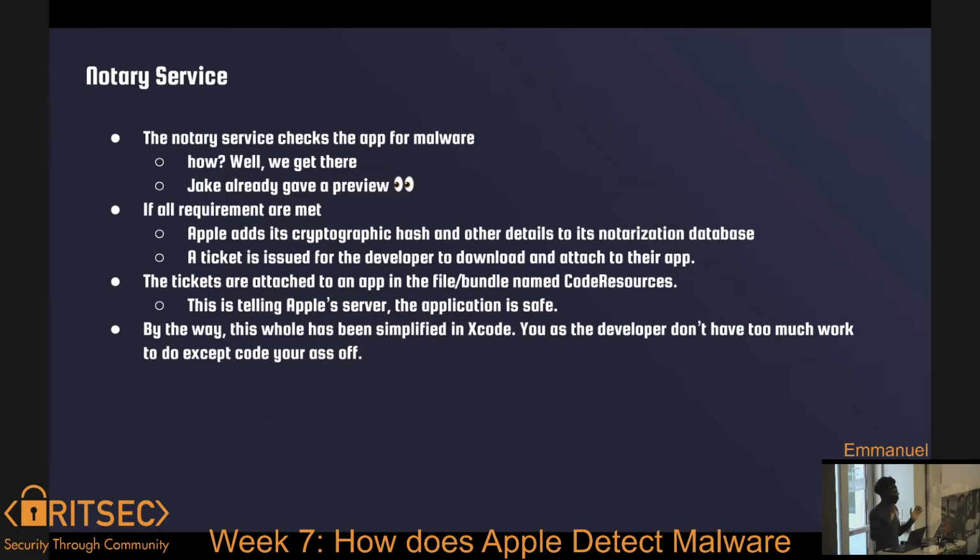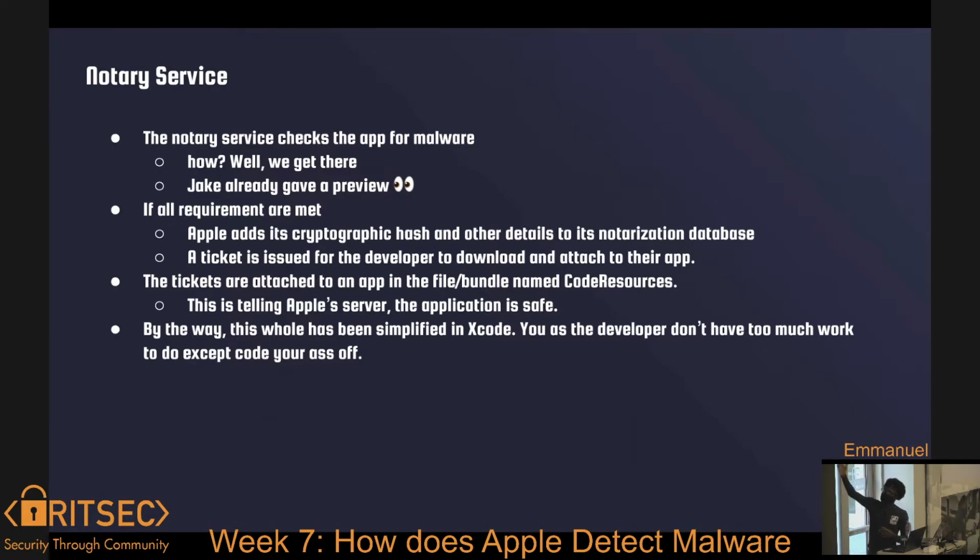And if all of that is met, it does some more behind the scenes. It hashes the binary and sends it to Apple servers and checks it with your database. And if it's not there, it adds it to that and just keeps it in there just in case you need to run it multiple times.